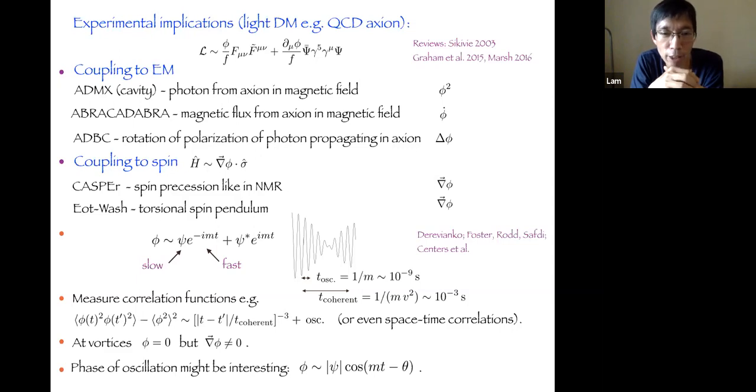One last thought. I don't have a very concrete suggestion, but maybe there is something interesting about the phase, because the vortex is interesting in terms of the winding of the phase. And the phase, if I write in terms of the real axion field, is essentially the phase that shows up in these rapid oscillations. Basically what we are saying is there's interesting spatial structure in this phase when you have vortex rings passing through your detector region. And maybe that is something that we should think about, because in most of these detection experiments, most of the focus is